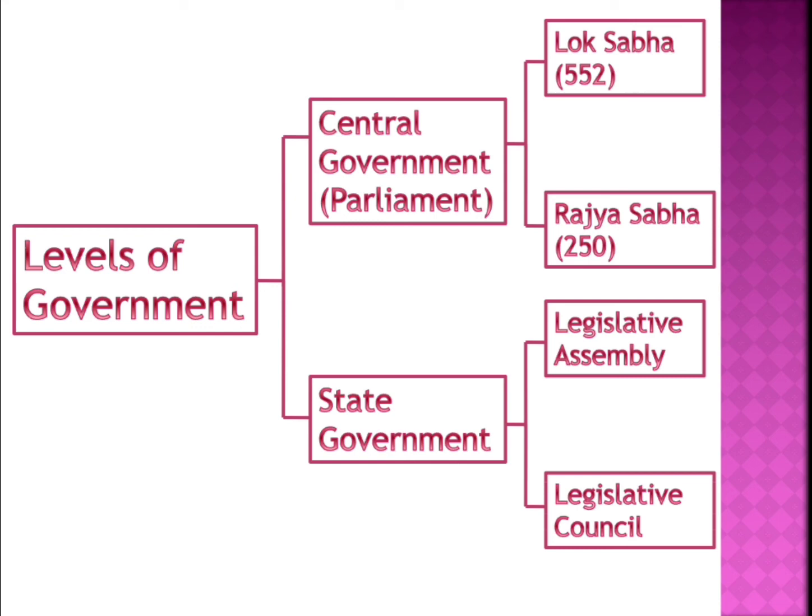And if the central government and state government have issues regarding the laws, then the central government decision will be the final. In case of disagreement between the state and central government, the central decisions are final, because it is more powerful. It rules all over the country, isn't it? That's why it has more power. So the Supreme Court and the High Court will be protecting the law, and they'll be settling the disputes. Disputes means the argument between the people. That also will be in the judicial part only.